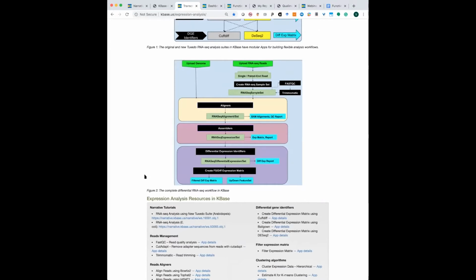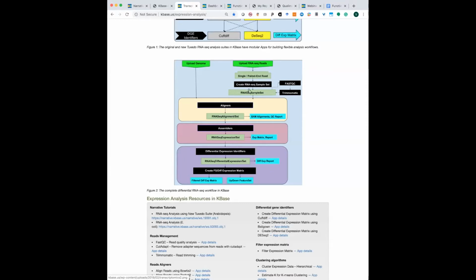One of the things I would like to point out is the extensive use of data types. Pretty much most of the analysis in RNA-seq in KBase you can run on a single sample, but it's really not that useful unless you are just interested in running an alignment or quantifying a single sample. If you are interested in differential expression analysis, which is what we are really trying to do today, you are expected to have 2 or more samples. So even though you can run the analysis all the way through with a single sample,